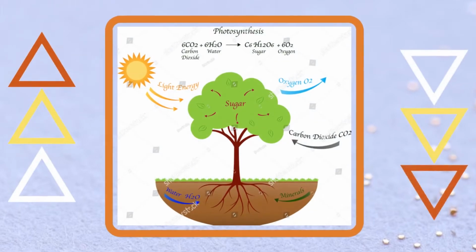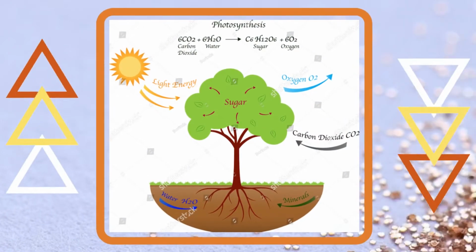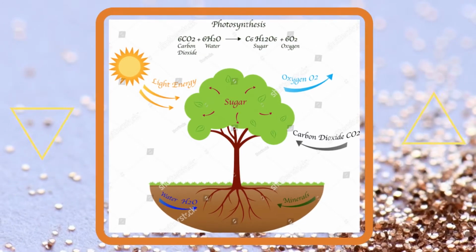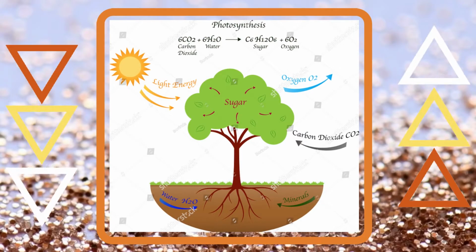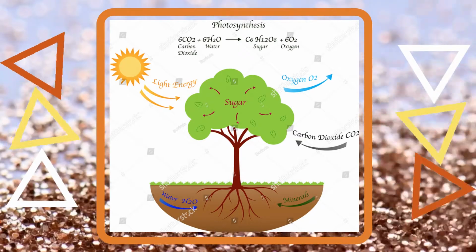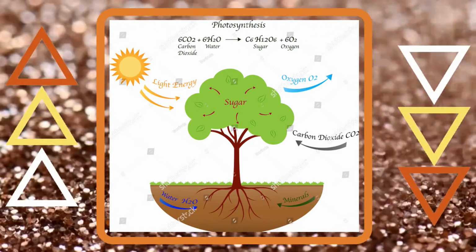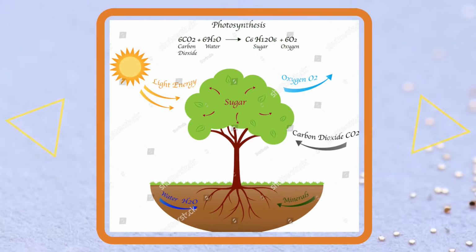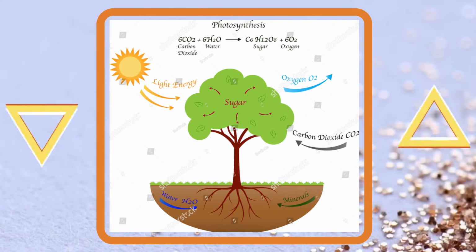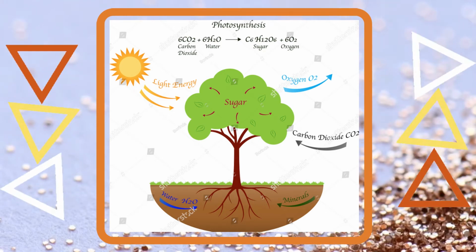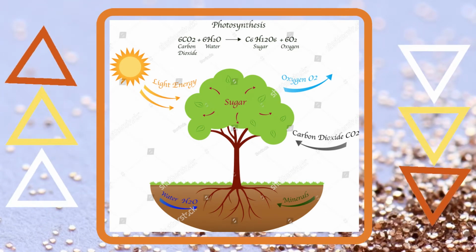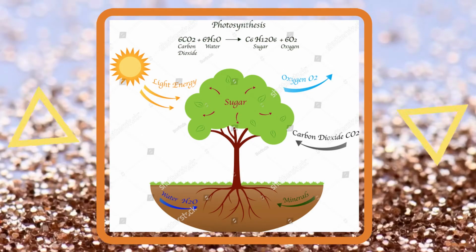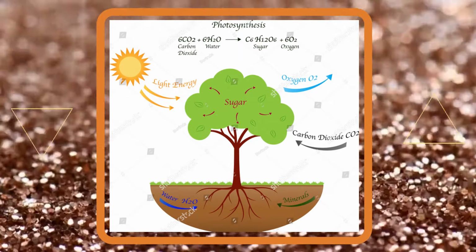And next we have the conditions that are necessary for photosynthesis. First, we have the light energy. The sun starts the first reaction in photosynthesis, the light dependent process. This process can't work without an energy input. Second, we have water. Plants absorb the water from the ground through their roots. The water travels up the stem of the plant to be used as a raw material during this process.